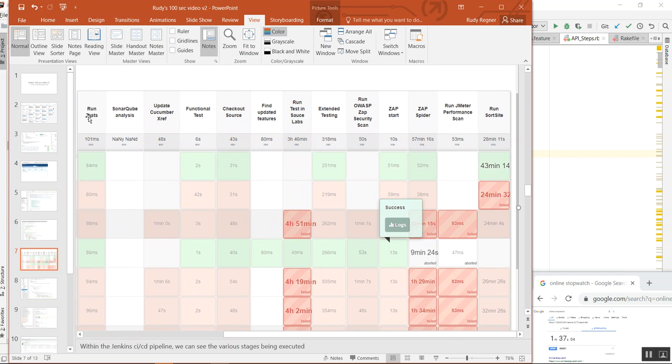And you can see it gets pulled out of Git and it goes through SonarQube analysis, functional testing. It's running in Sauce Labs. It can take several hours. You can see here it goes through all the different browsers. Extended testing, accessibility, security, stuff like that, performance. And when it's all done,